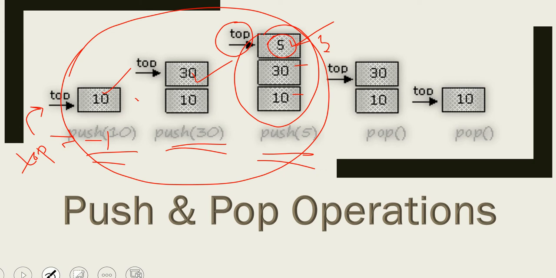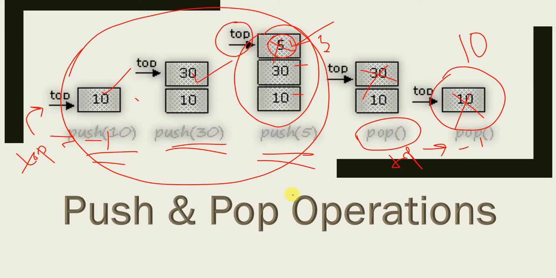So now what I said, LIFO: the last element to be pushed, 5, is the last element to be pushed. So this will be the first one to be popped if I perform the pop operation. I am performing pop here, 5 is gone. Next is pop, 30 is gone. So what is left? Only 10. Now the stack has only one element, 10. If you pop this also, the top will again be pointing to -1. Clear, right?